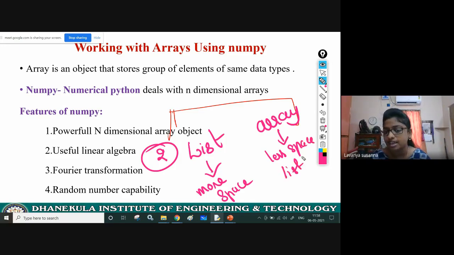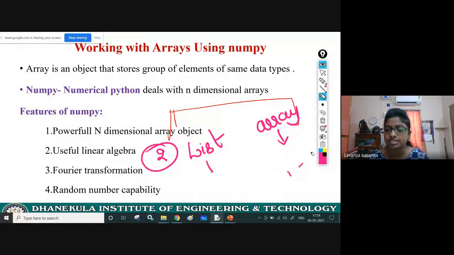See the next difference. First difference is list can hold multiple values of mixed types, and array can hold multiple values of the same type. What is the next difference? List occupies more space when compared to array, and array will occupy less space when compared to list. This is the second difference. Remember, list and array are used to store multiple values only. Next, let us see the next difference between array and list.